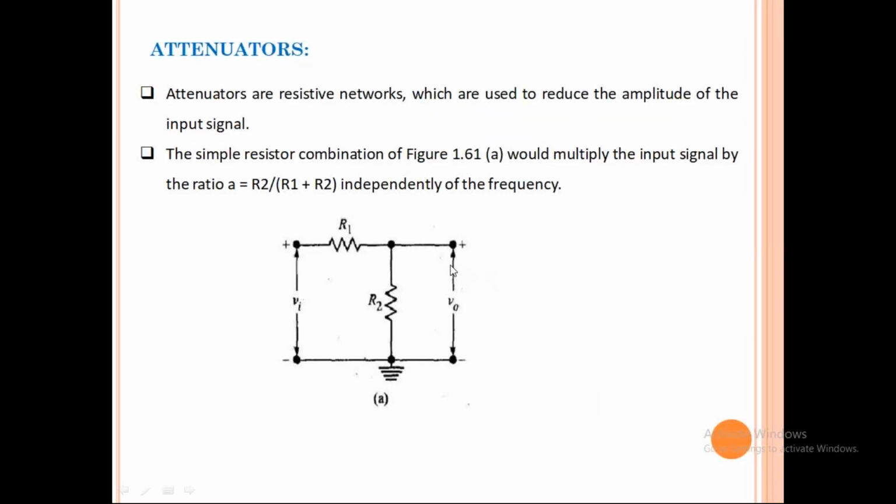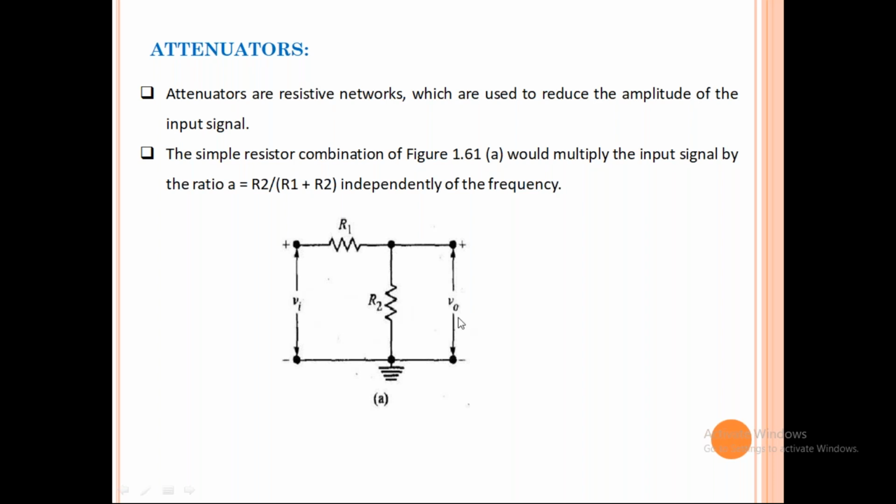And another topic is attenuators. Just 5 minutes and I will finish this one. So an attenuator is nothing but simply reducing the amplitude strength. A simple resistor network is taken here. So what is the output voltage across this one? The two resistors are R1 and R2. Here the output voltage V naught of t equal to R2 by R1 plus R2 into the input voltage.